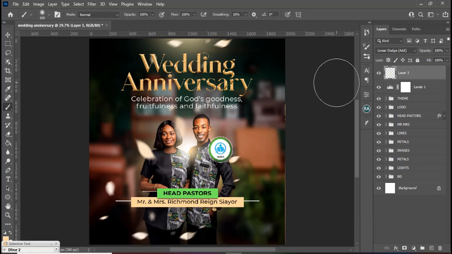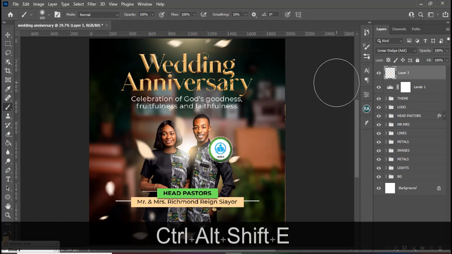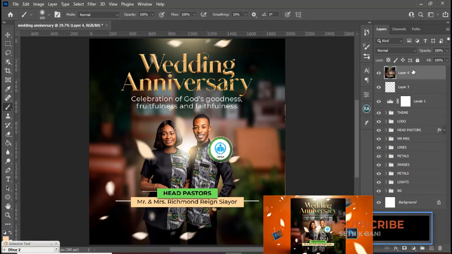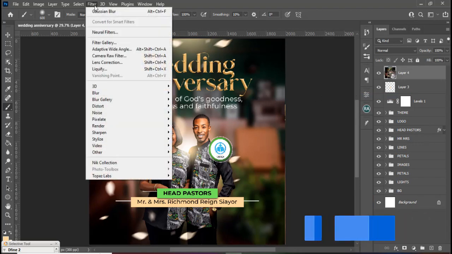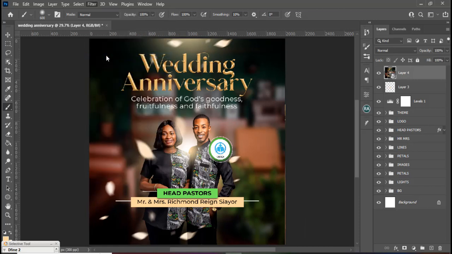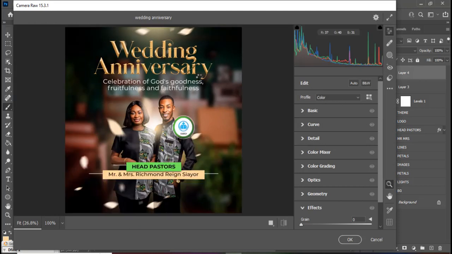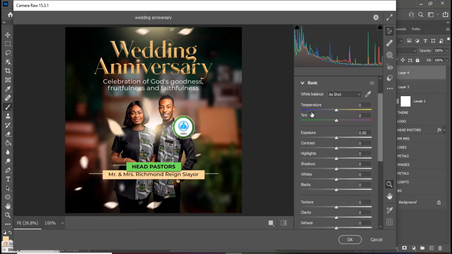Now Control Alt Shift E to merge everything into one layer, and then I want you to right click it and convert it to a smart object. Now I want you to go to your filter over here, click on it and pick Camera Raw Filter, and then we'll make some minor adjustments to it that will make the colors pop a little bit, make it more interesting, and then that is it. Let's go to the basics, and then I think we should leave the basics a little bit. Let's make it maybe 3, just slightly. Drag the exposure